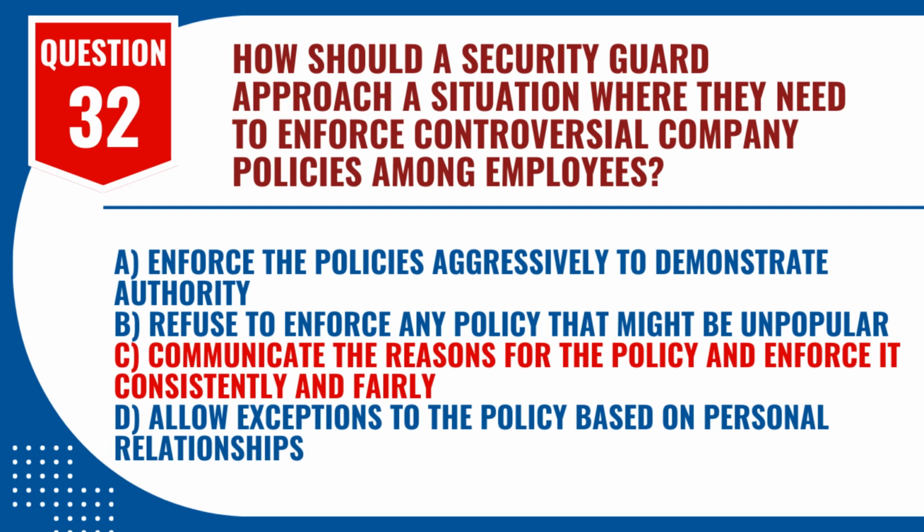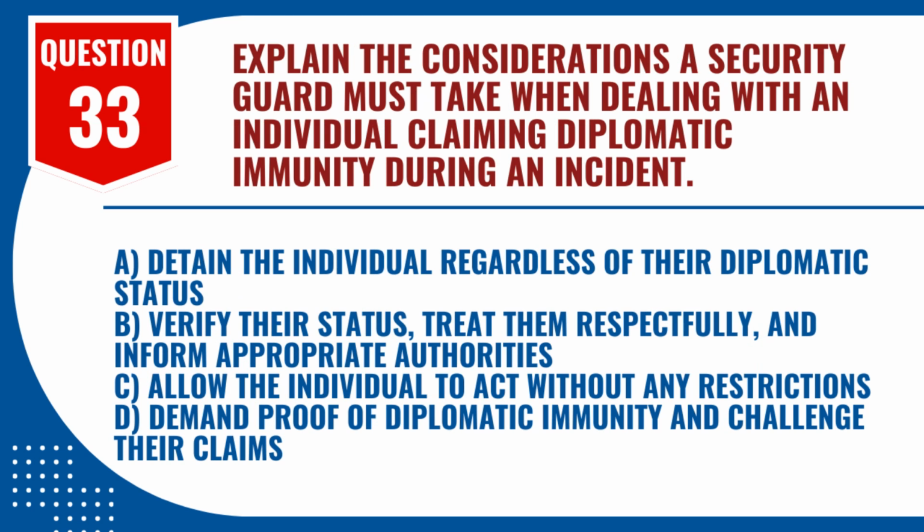Answer. C. Communicate the reasons for the policy and enforce it consistently and fairly. The security guard should communicate the reasons behind the controversial policy and enforce it consistently and fairly among all employees. Question 33. Explain the considerations a security guard must take when dealing with an individual claiming diplomatic immunity during an